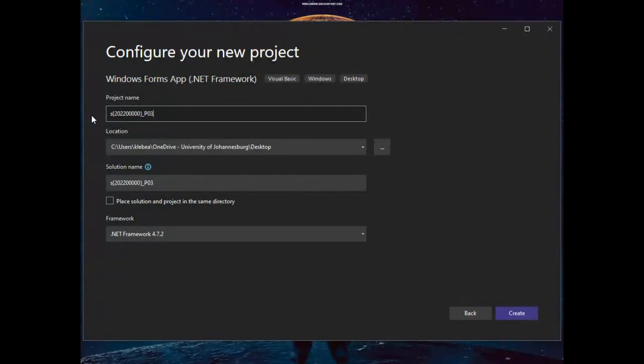How many of you name it like that? That is incorrect. The curly braces that I put in the question paper to say S, curly braces student number, the curly braces just show you that this is where your student number goes. Do not include the curly braces, because when you save it,